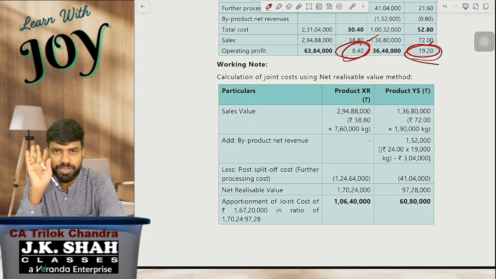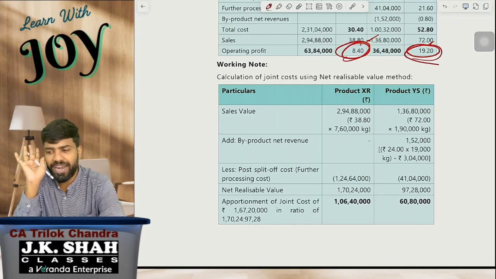I hope you understand this question. Very simple question, straightforward question. There is not much complication in this question. Fine. Now,